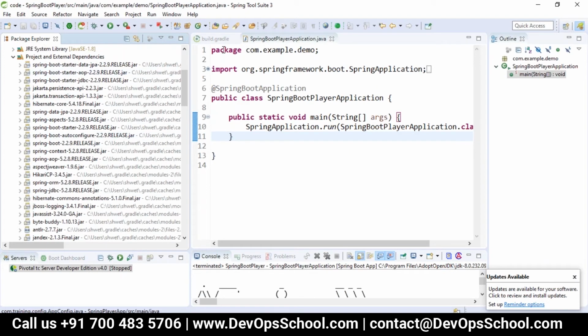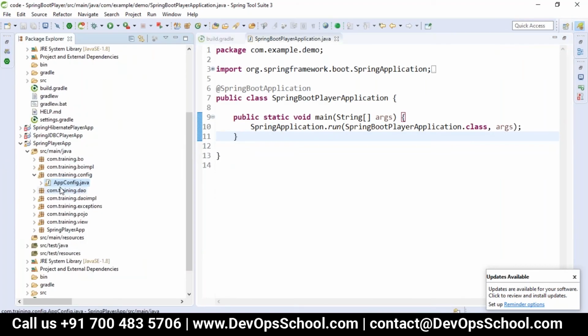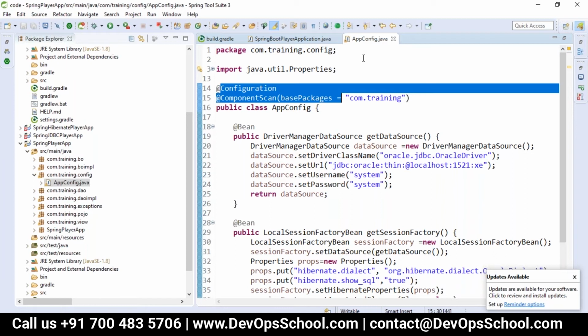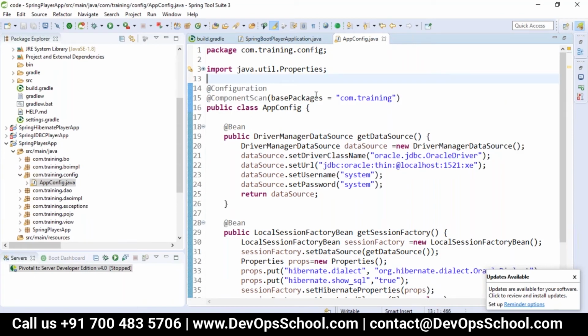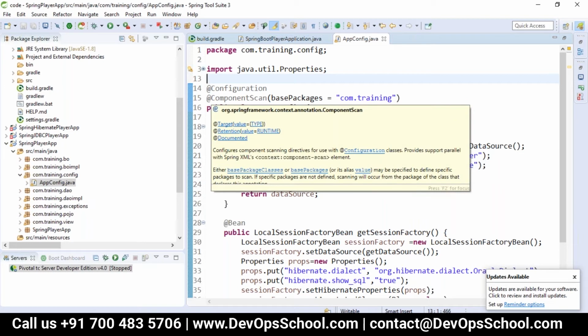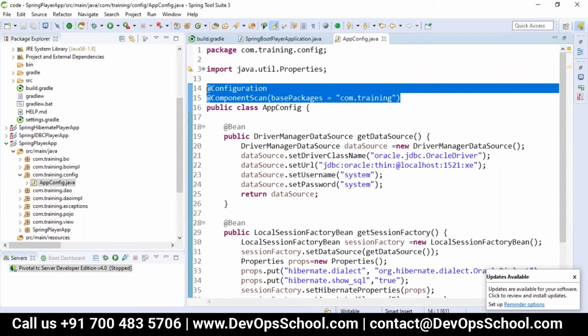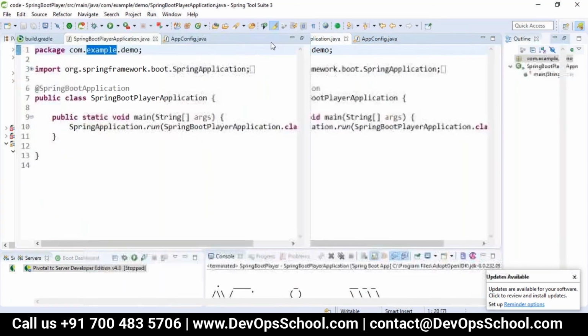When we want to do the configuration in our other Spring application, we use configuration and component scan. And when you go with a Spring MVC application, like a web application, we use enable web MVC. All these configurations are not required here because they are taken care of by auto configuration with respect to our code. So these annotations are replaced with one annotation, called Spring Boot application.